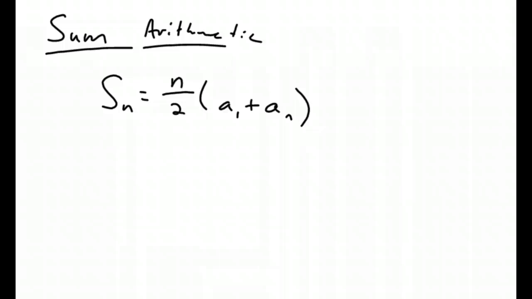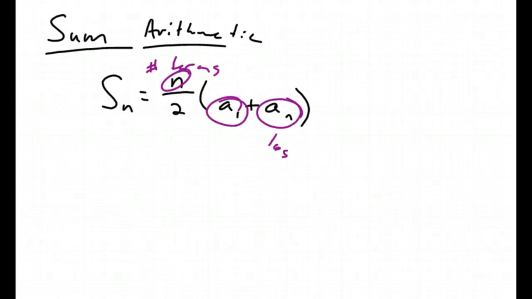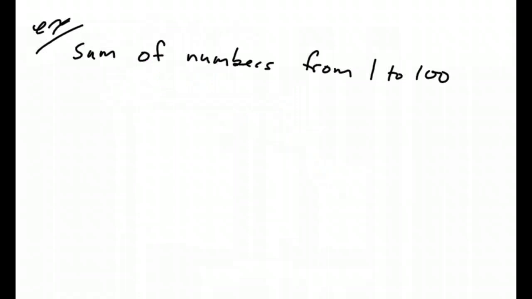So if we have like a giant set of numbers so that we don't have to do 1 plus 2 plus 3 plus 4 plus 5 plus 6 all the way up to like 100 or something, we can use this formula, where n is the number of terms, a sub 1 is your first term, a sub n is your last term. And then if we use this fancy-dancy formula, we will find the sum of all of our parts in a shorter amount of time. So for instance, say if we want to find the sum of the numbers